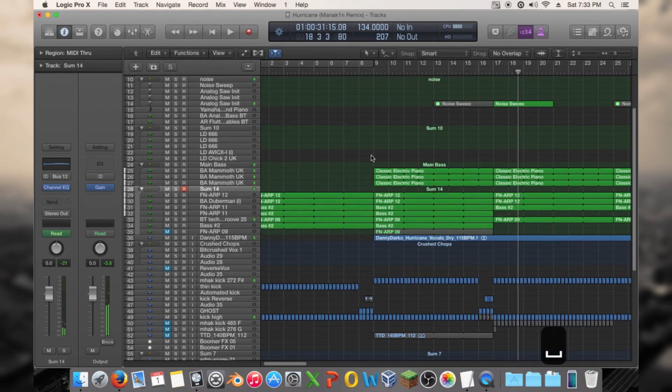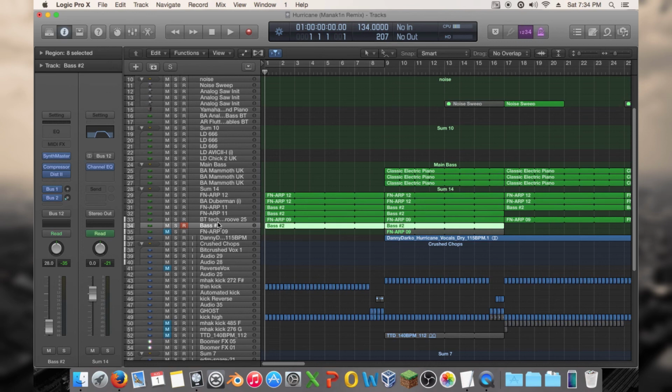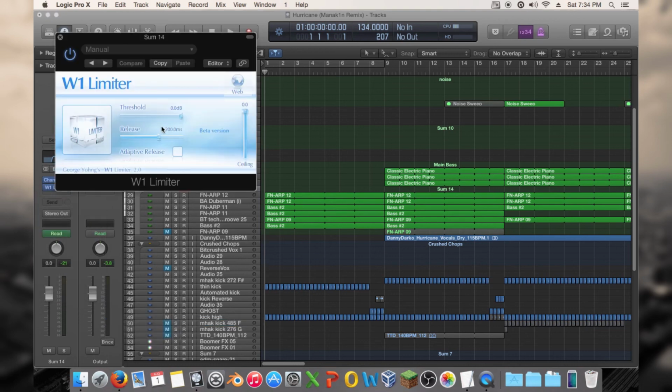Okay, so I wanted to try to do some compression on these, but since I have the sidechain individual for each track, I kind of actually need to keep that in mind, and I can't just do a whole bunch of compression on top because it could cause issues. But I don't know. We could try... Actually, I kind of just want to run a limiter on it. Threshold, release, ceiling will be...